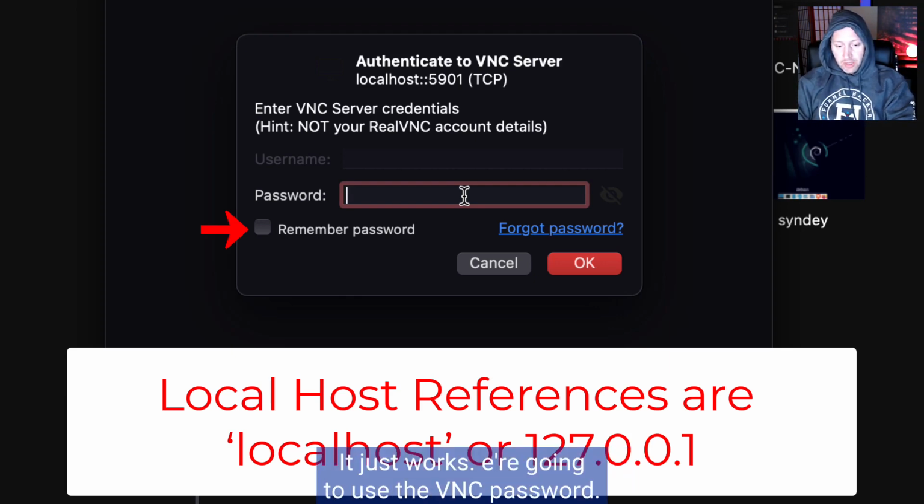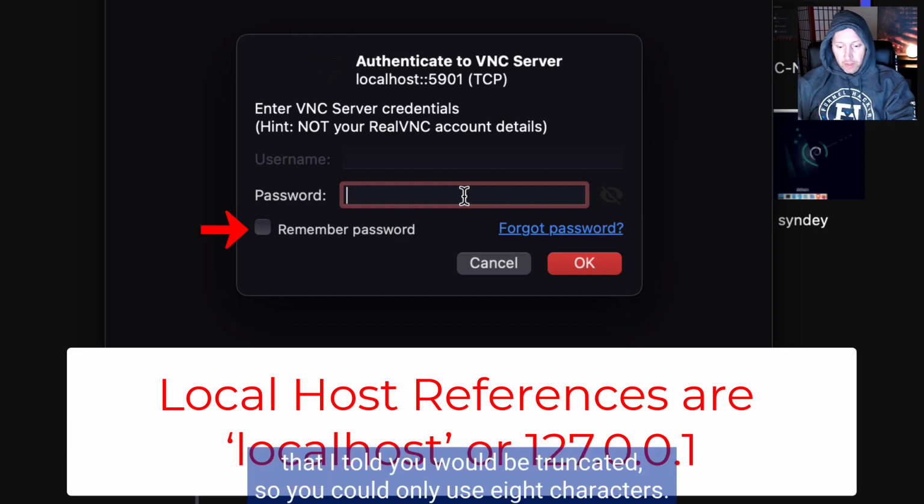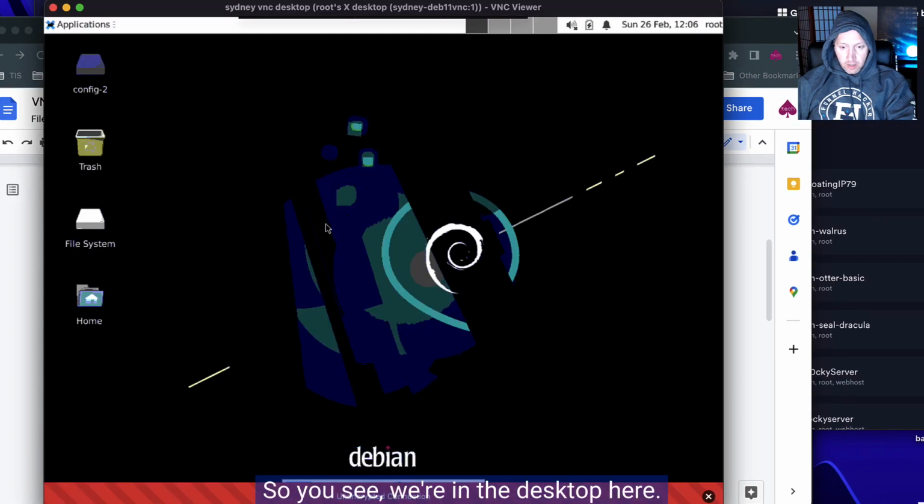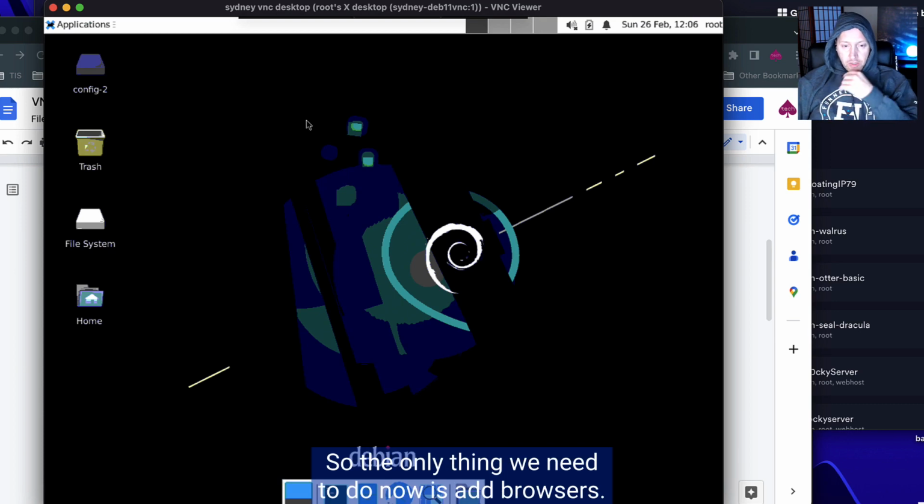So we're going to use the VNC password. This is the 8-character password that I told you would be truncated, so you could only use 8 characters. Remember the password if you want, and then just hit OK, and you'll get into the desktop. So you see we're in the desktop here. So the only thing we need to do now is